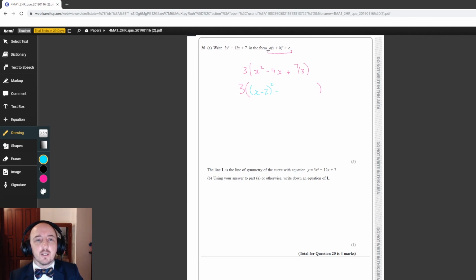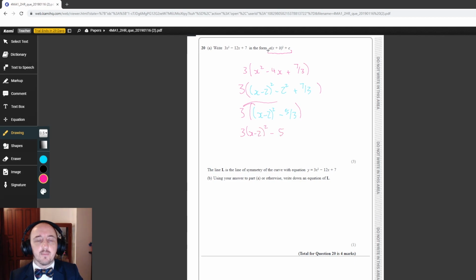Then we minus this thing squared plus the 7 over 3. So we've got x minus 2 squared minus 4 plus 7/3 is minus 5 over 3. And we've still got the 3 in front. So we can distribute the 3 and multiply everything inside by the 3 to get 3(x minus 2) all squared